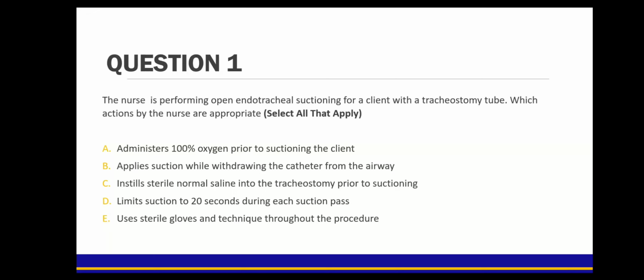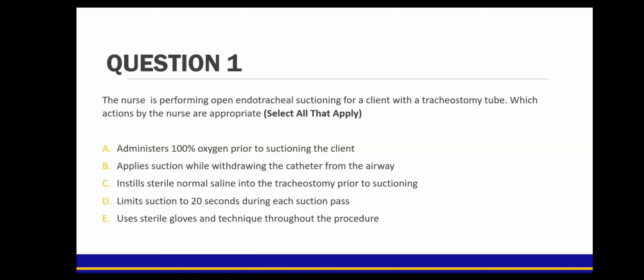Now, before you look at those answer choices and select your answers, think about a little bit of step 4. Our topic is endotracheal suction. You should take a moment to think about what you know about endotracheal suctioning. So when you play it in your mind, close your eyes and imagine yourself getting ready to do the suctioning on this patient. What are some of the things that you would think about? What are some of the supplies you would need? What are some nursing considerations? What could be some of the complications that can happen when you're suctioning someone? How to avoid those kinds of things? When you think about the whole scenario and you play it in your mind, now you're ready to look at your answer choices. So,